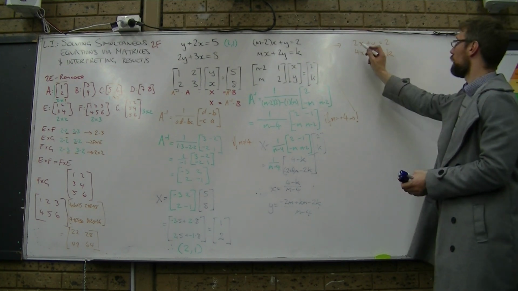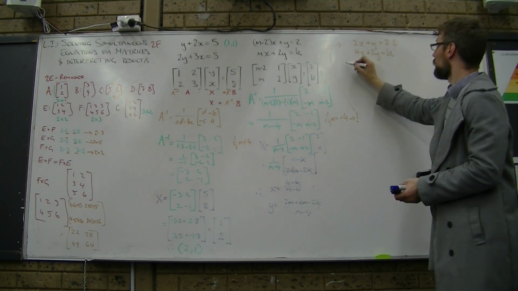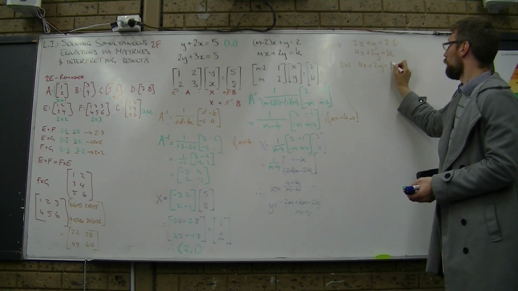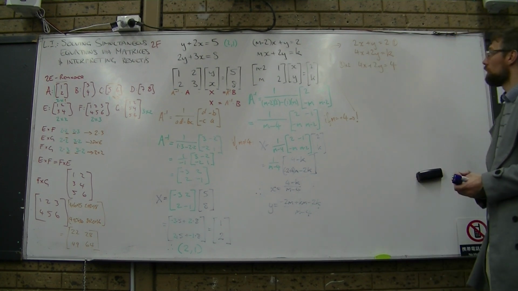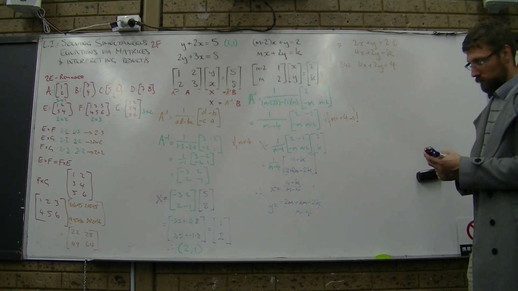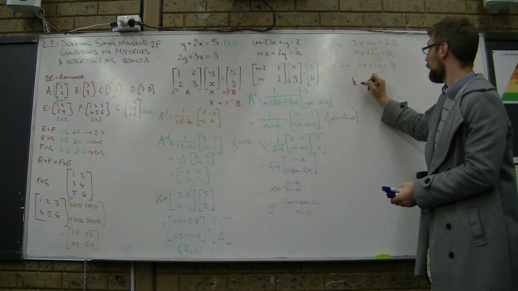So, I'm going to choose to multiply this one by 2. So equation 1, I'm going to do equation 1 multiplied by 2, so we get 4x plus 2y equals 4. Okay, so if k equals 4,